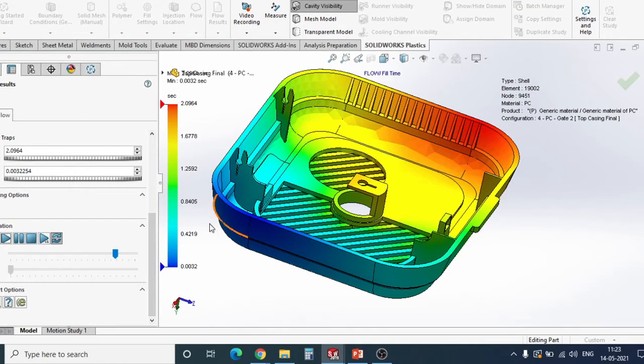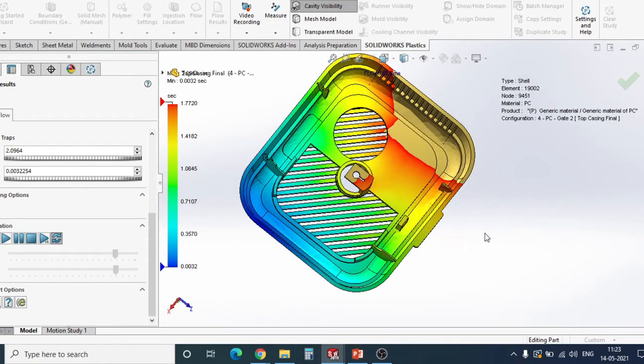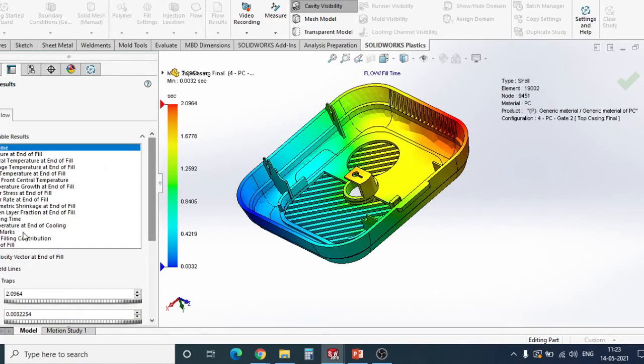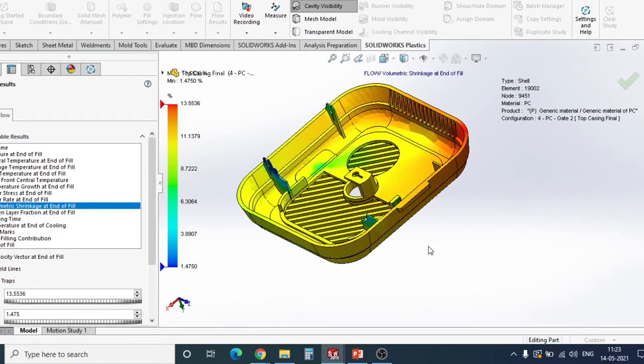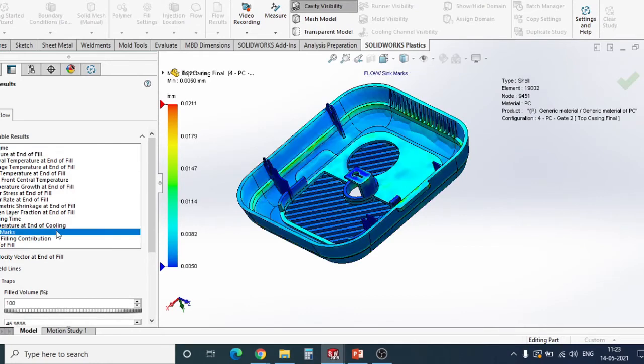Now it is placed at one corner. Previously it was here. So you can choose the best inputs for your model. Again, if I go to the volumetric shrinkage, it increased a bit by changing from this location to this location. You can even look for the pressure, what changes happened, or sink marks, and so on.